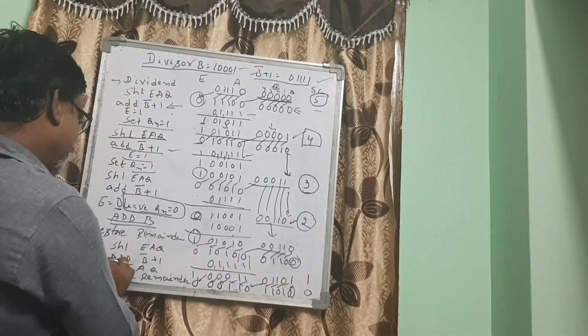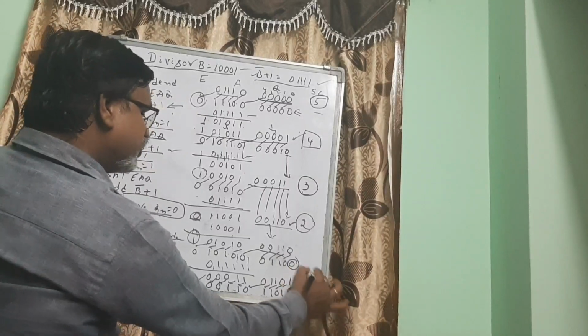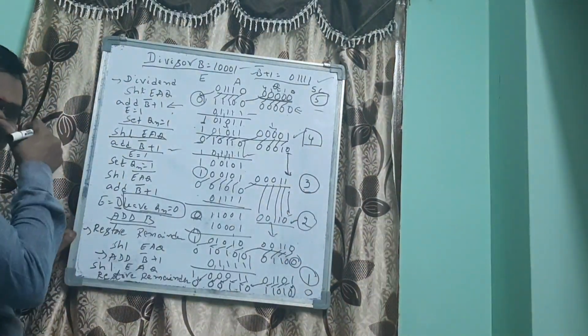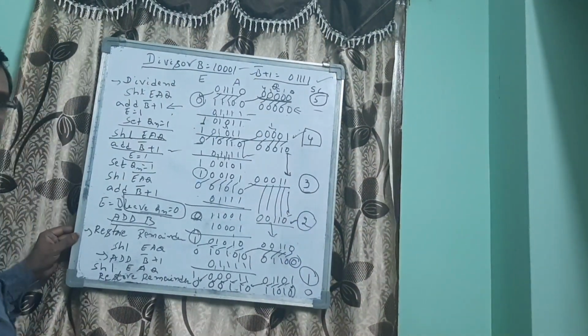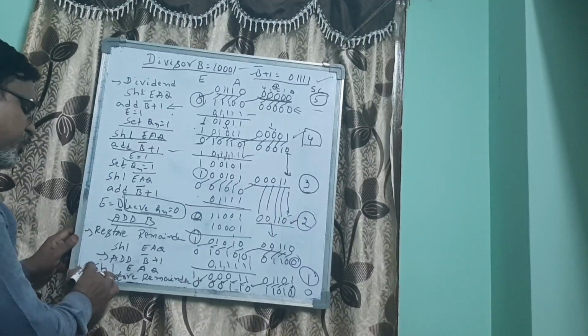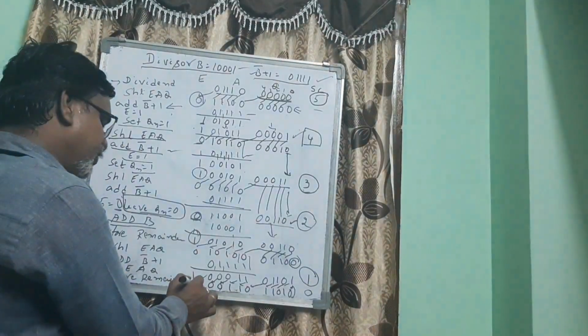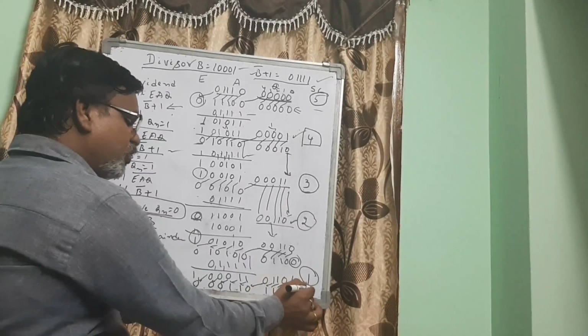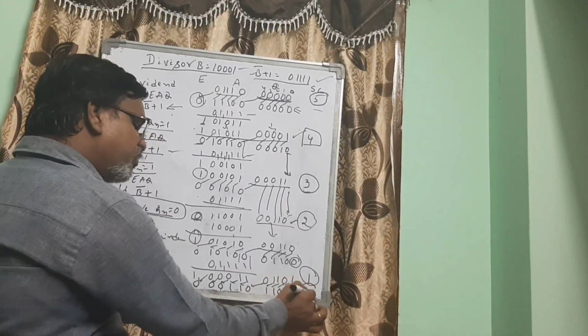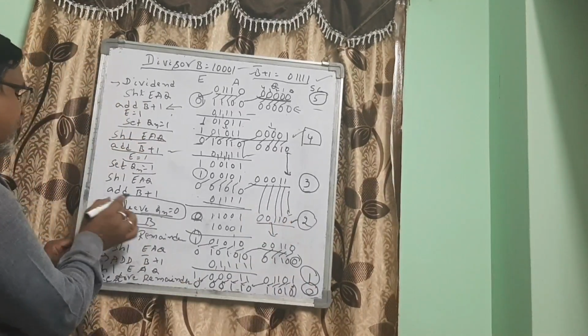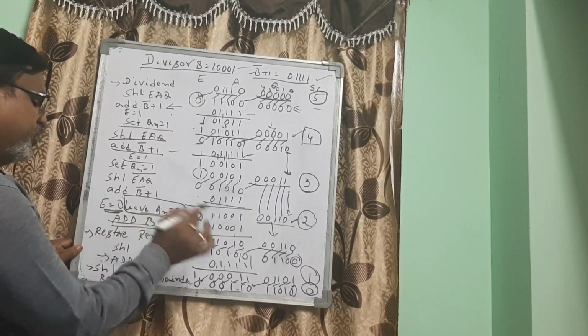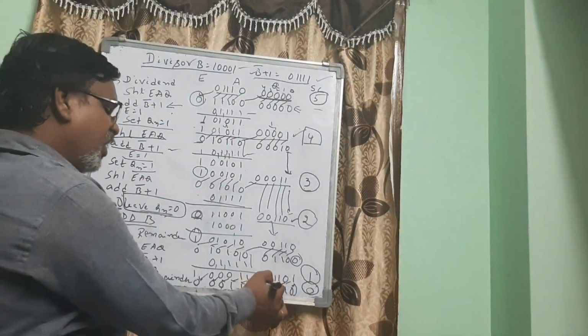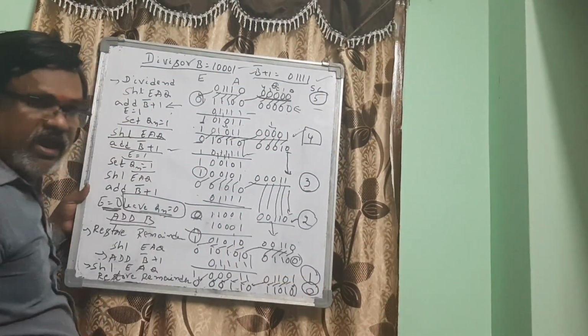So for this addition, the sequence counter value already becomes 1. So don't forget to decrement the sequence counter value and check it. Now at this process, when you get 0 as the restoration remainder here, E is equal to 0, as I told you. Simply we are doing nothing, and then the sequence counter will be decremented by 1.